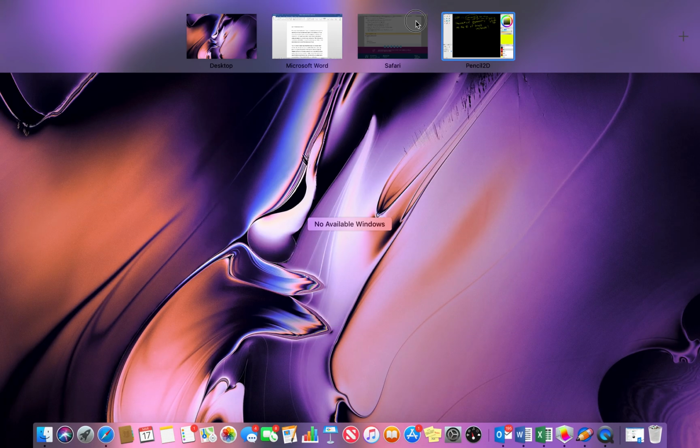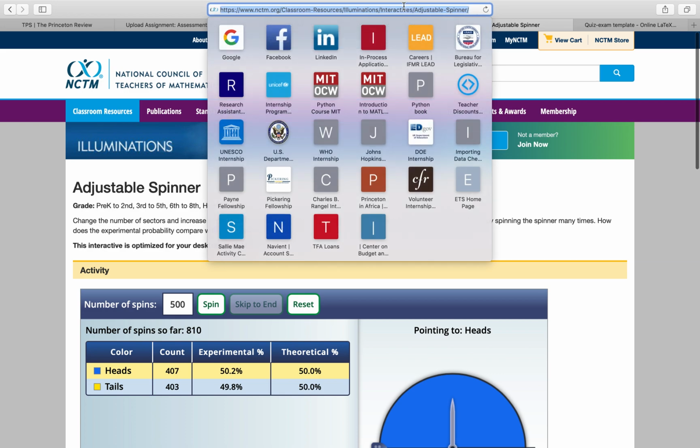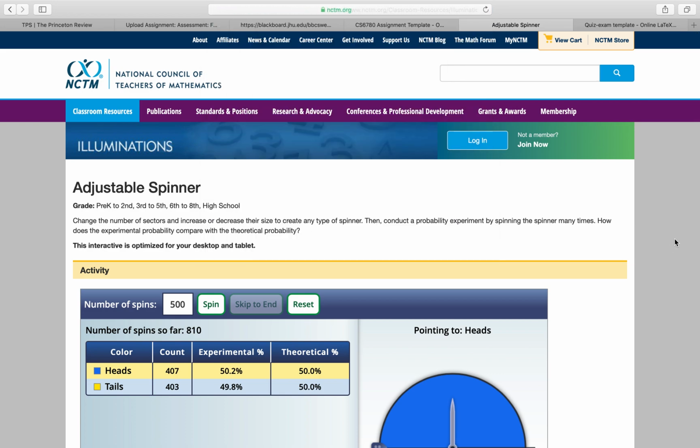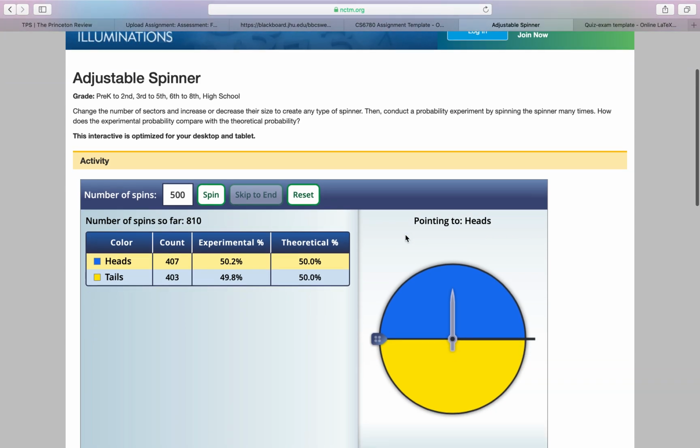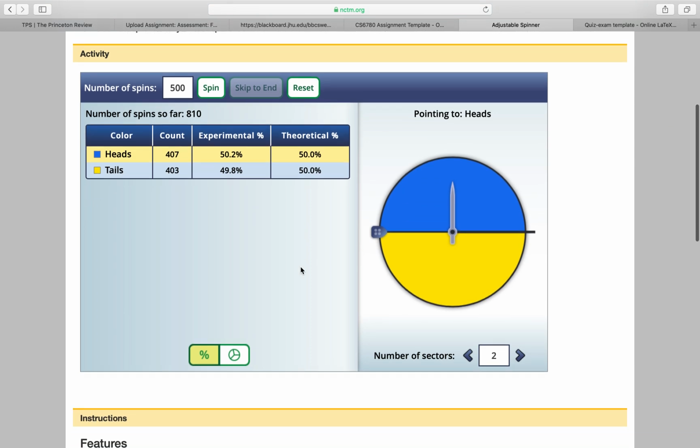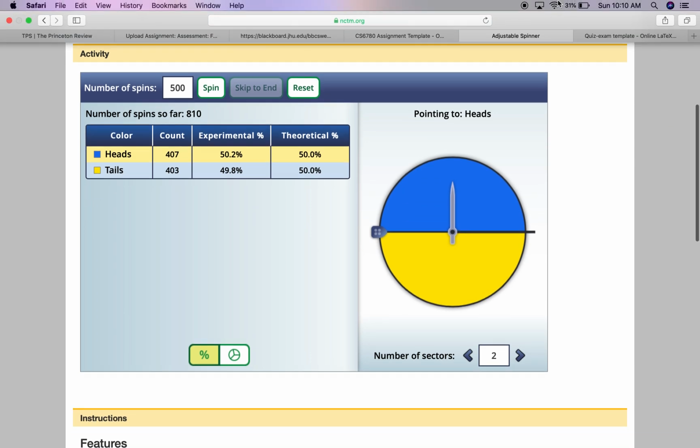The website I used for the spinner, I just Googled Illuminations adjustable spinner, and this came up if this is something you want to play around with on your